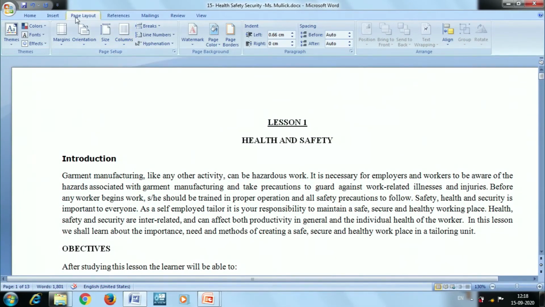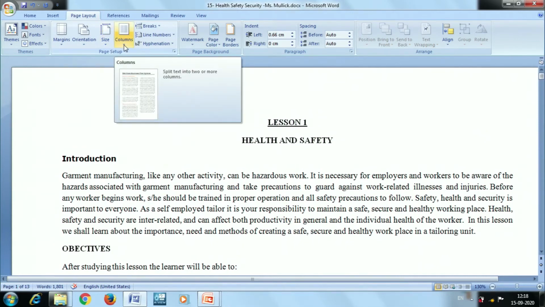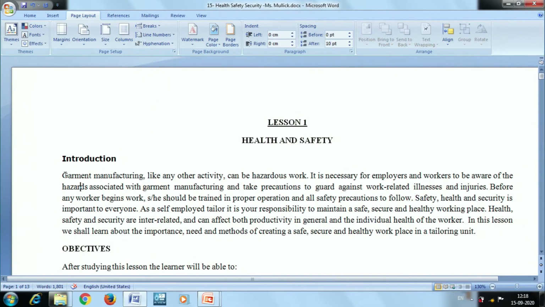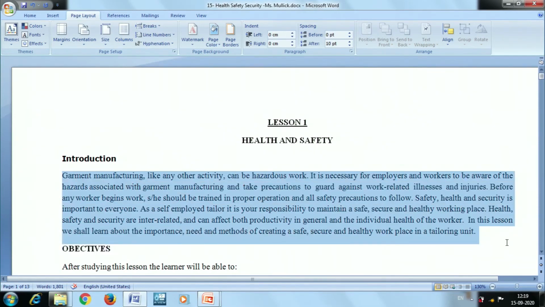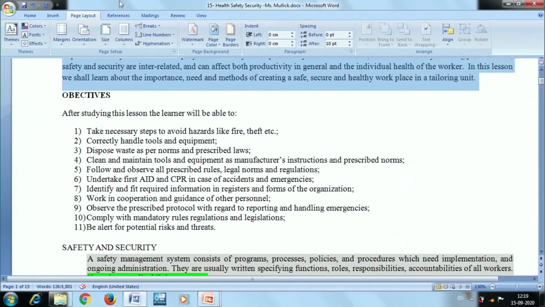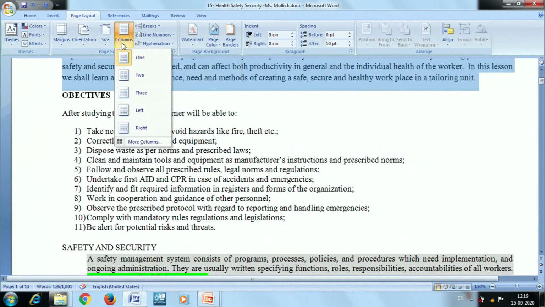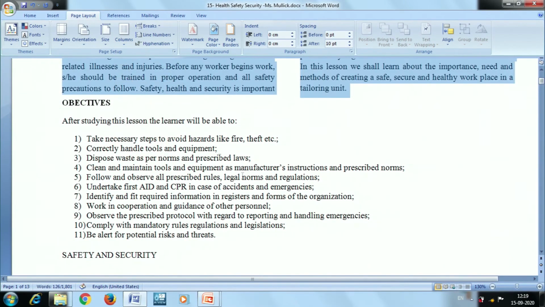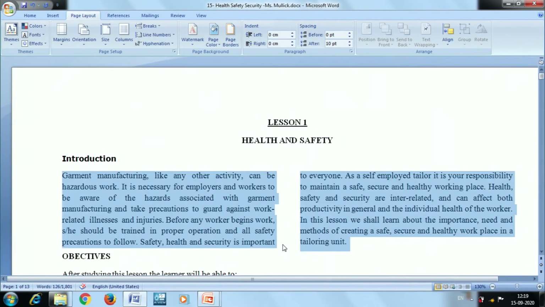In the page layout menu, after size there is a columns option. First I have to select the particular paragraph. I have selected this paragraph, then I am choosing the columns. I want to place the same content in 2 columns. So the contents are placed in 2 different columns.